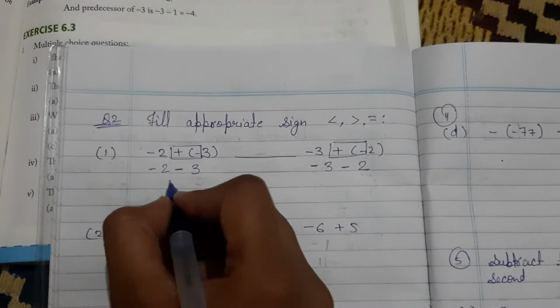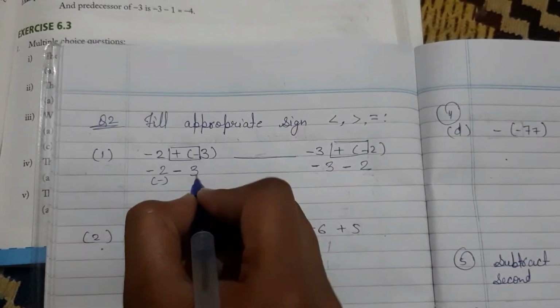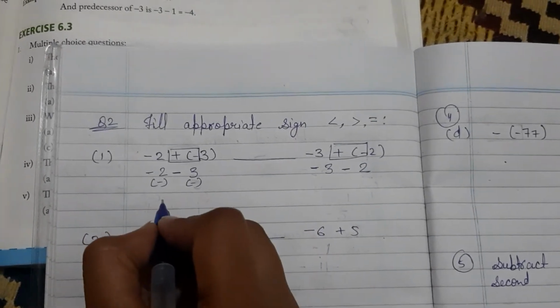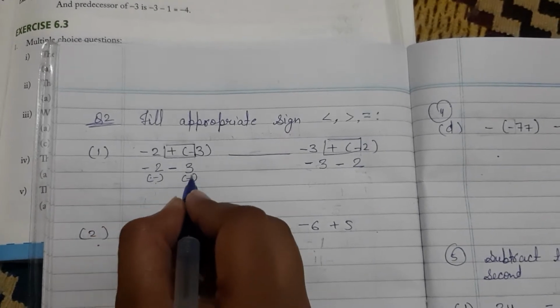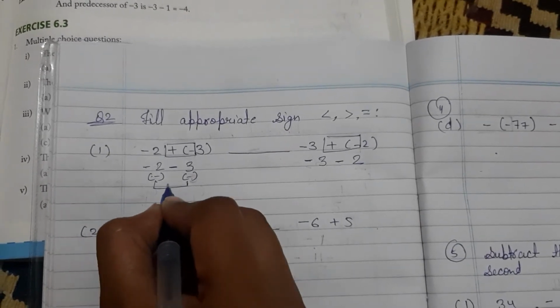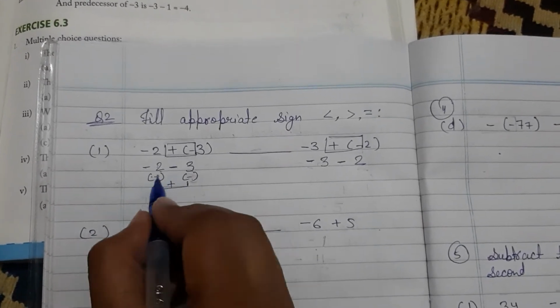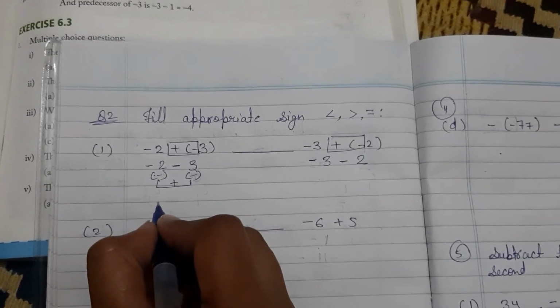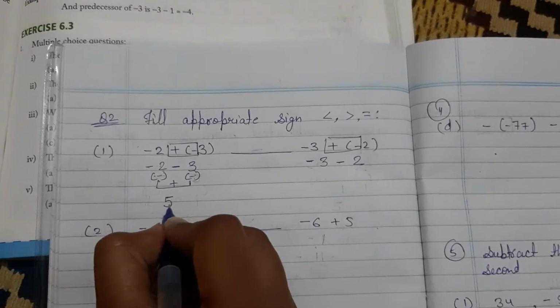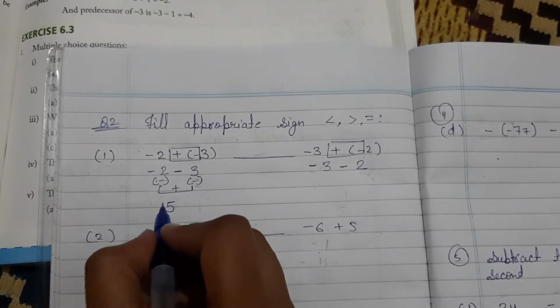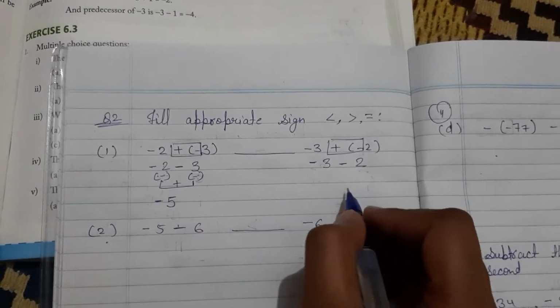Now you can know another method. Below the digit you have to write their integer sign. So this one is also minus 1, this one is also minus 1, then minus minus becomes plus. So you have to add both digits, then you will see 2 plus 3 means 5. The bigger digit is negative, so the answer also came negative.